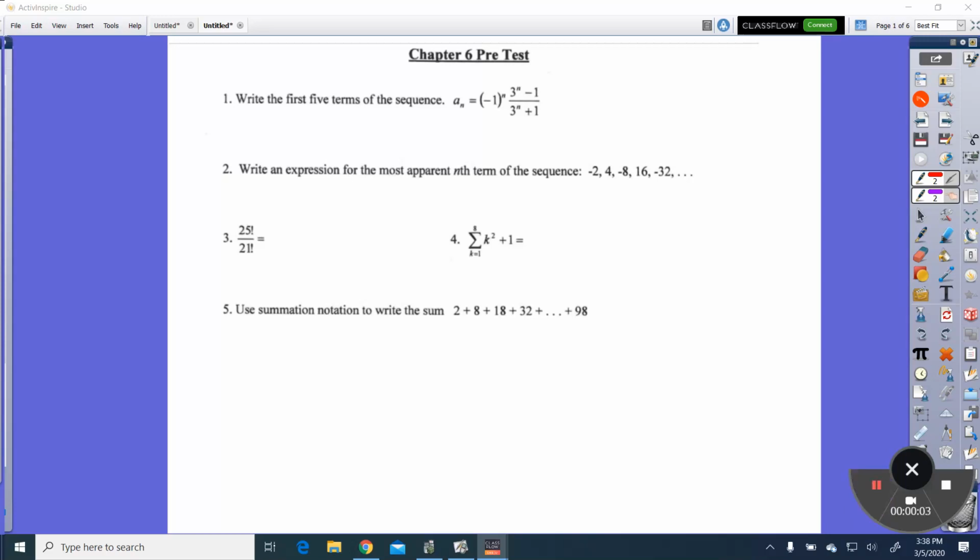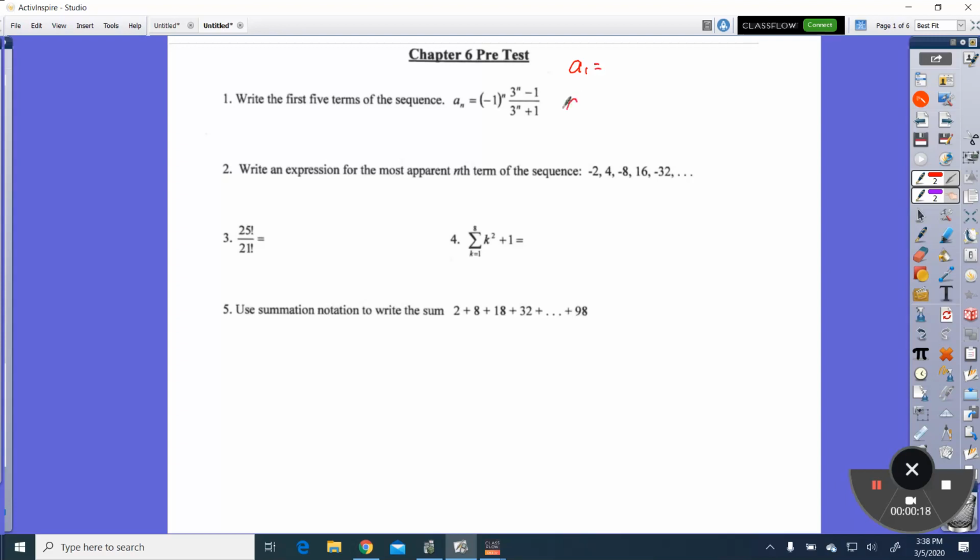So it's a little bit blurry, but I just took pictures of the pre-test and put them on here. So I'll go through and I'll try to work this out, show you what to do on these. So on this first one, it says write the first 5 terms of the sequence, meaning you're supposed to find